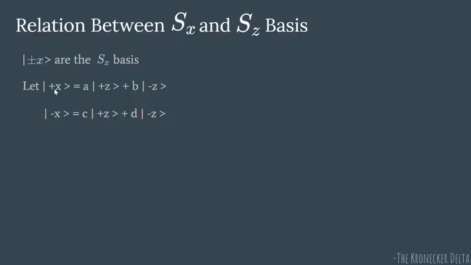Similarly, here we write plus minus x as linear combination of plus minus z. Linear combination means you multiply them by a scalar like these each states and then sum it up. That's a linear combination. So here a, b, c and d, these are complex numbers. We are in Hilbert space now. We don't talk about real numbers. Here these scalars are complex numbers. So each has an amplitude and a phase term.